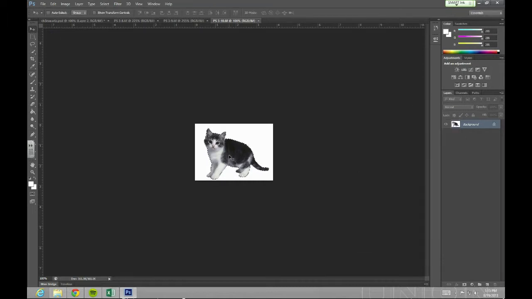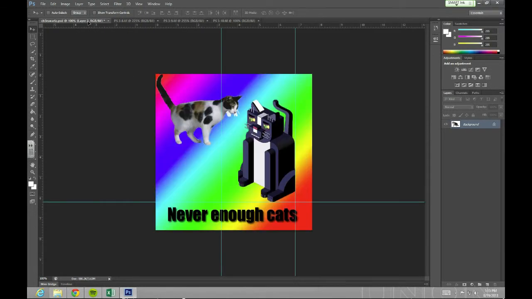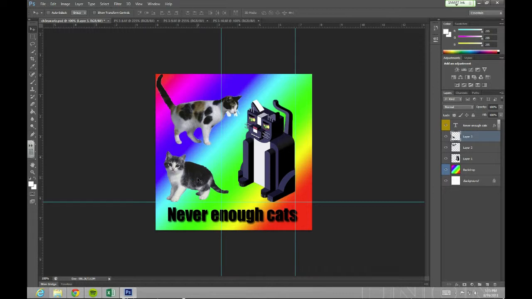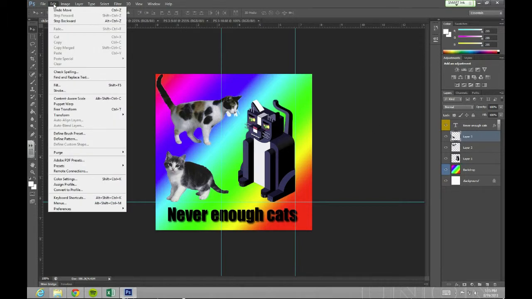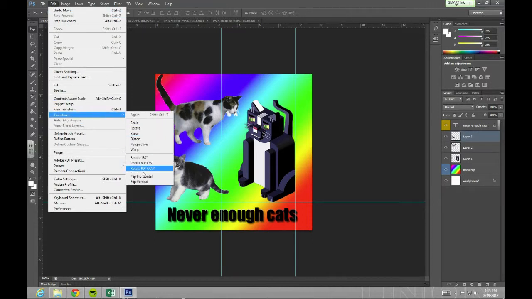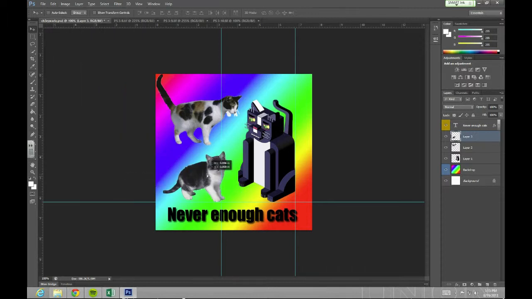Grab the selection tool, drag it into your project, dump it in there, and you're going to set that one at 230x by 450. But first you need to flip it. So what you have to do is, as you have the layer selected, you're going to go to Edit, Transform, and you're going to flip horizontal, not vertical but horizontal, and now you flip the cat around. So now you have the cat flipped around,